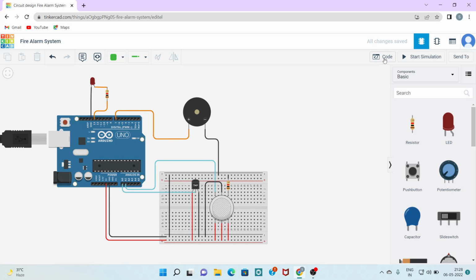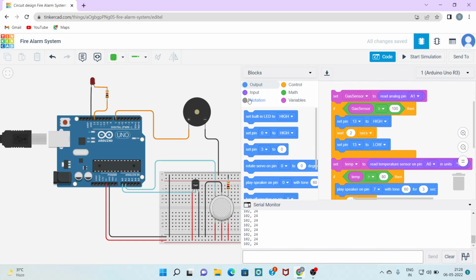Let us move to the code which I have created in order to simulate the circuit. At first, I have introduced a variable gas sensor which will record the concentration of the gas in the atmosphere, and if the concentration of the gas is greater than 100, then it will set the pin number 13 to high, and the LED light whose anode has been connected to the digital pin 13 of the Arduino Uno will start glowing. Then it will wait for 2 seconds